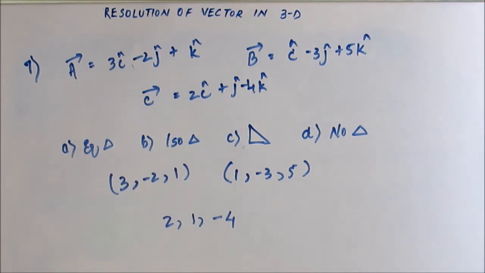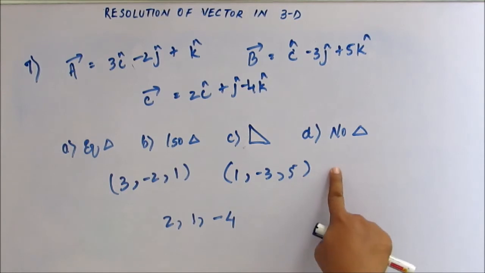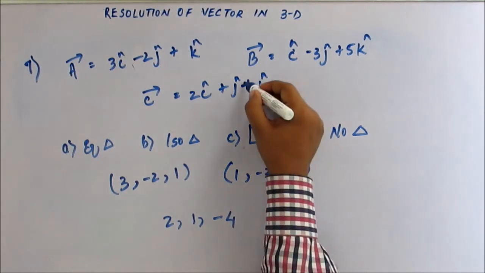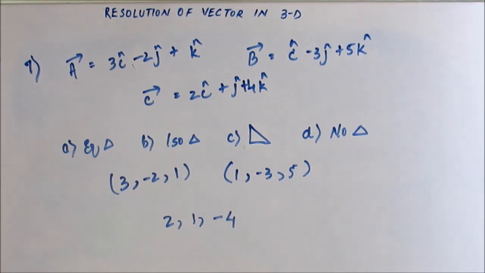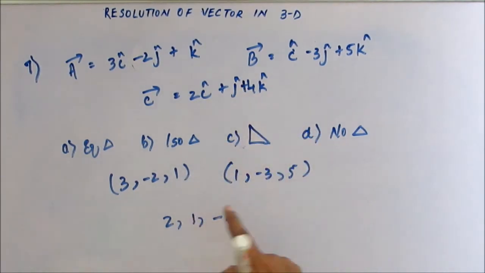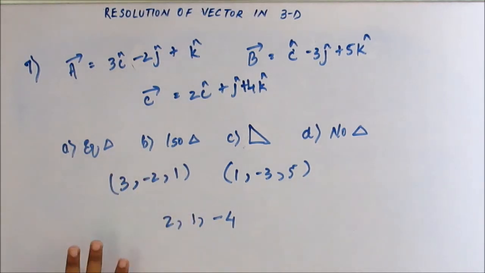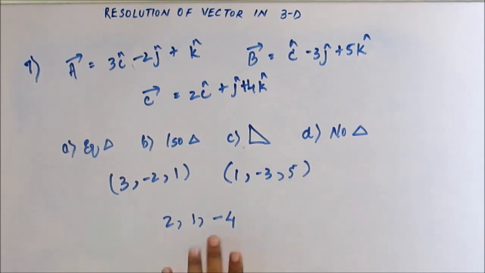I could have given some other vector whose magnitude still would have been the same. Instead of minus 4, if I make it plus 4, the magnitude of this still would have been root 35, and still they would have been Pythagoras triplets. The magnitude of this still would have been root 21, and they still would have been Pythagoras triplets, but the orientation in space would be such that they would not form a triangle. In that case, the answer would have been D. So you just have to check